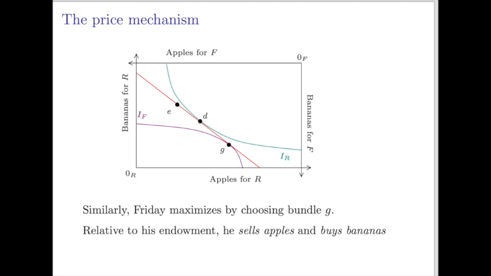we'll ask Friday to maximize his preferences given the same prices as well. So Friday shows up at the market, he sees the same prices that Rob sees. So he says, okay, well, what's my optimal bundle? Remember, he's got the same budget line, and he's going to pick his optimal bundle, and let's suppose it's G. So what's Friday doing here? Remember, he started with that many bananas, but he's consuming this many bananas. So at G, he's consuming more bananas than he started with,